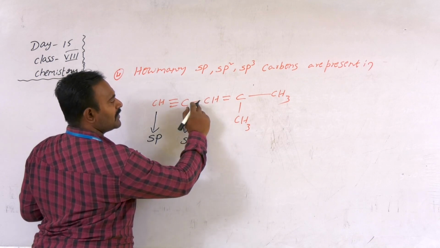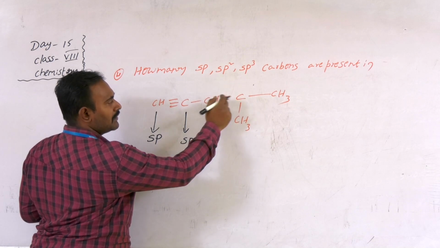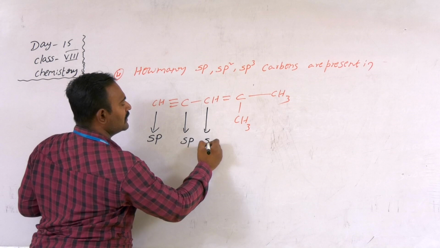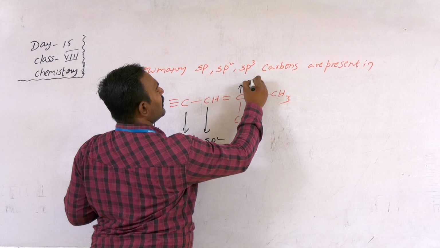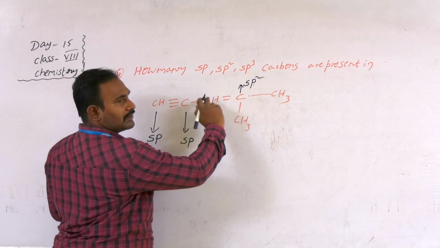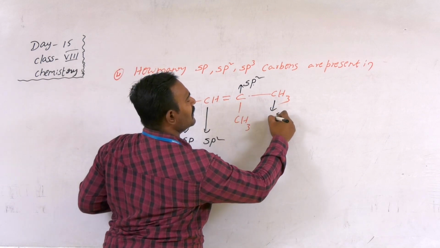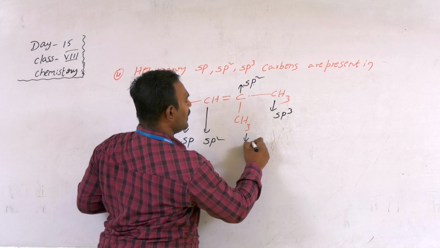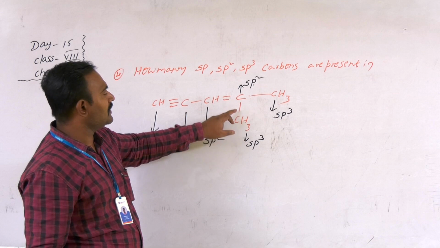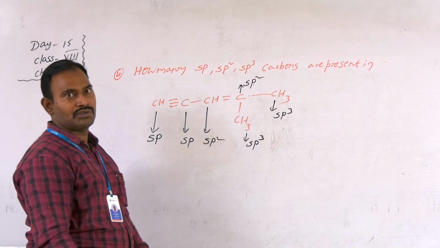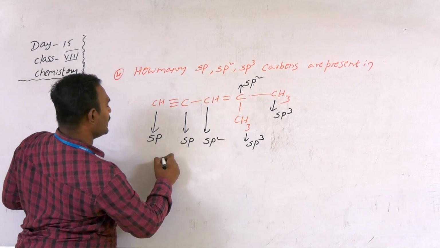Here also hybridization sp. Here this carbon: one sigma bond with this carbon, another one with hydrogen, another one with carbon. Otherwise, having a double bond now, so directly we can write sp2 hybridization. Next coming to this carbon, here also hybridization sp2, attached with a double bond. Next this carbon has single bonds, so the hybridization will be sp3. Here also the hybridization of this carbon will be sp3: 3 sigma bonds with hydrogen, 1 sigma bond with the other carbon atom. So steric number is equal to 4. So what is the hybridization? sp3.